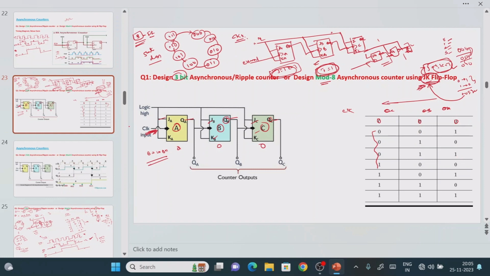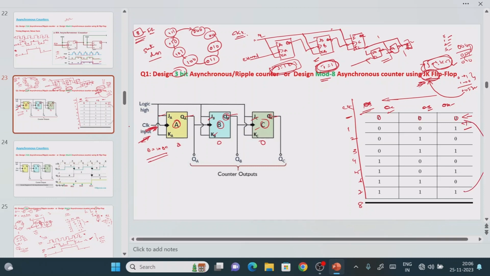It means you always need to take QA as the LSB only. This is the mandatory point that you have to remember. If we take QA here, that is completely wrong. Why completely wrong? For QA we are applying the external clock pulse, which means it should always change the value from 0 to 1, then 1 to 0. Only here is it changing, right? That is the point you need to remember. So this is QA, QB, QC, and this is the clock pulse value. Before applying the clock pulse, what is the count? 0 0 0. After applying the first clock pulse, the count will change to 1. Second clock pulse, third, fourth, fifth, sixth, seventh. For the 8th clock pulse, what will happen? It will return to the initial position, that is, it will go to 0 0 0, right?